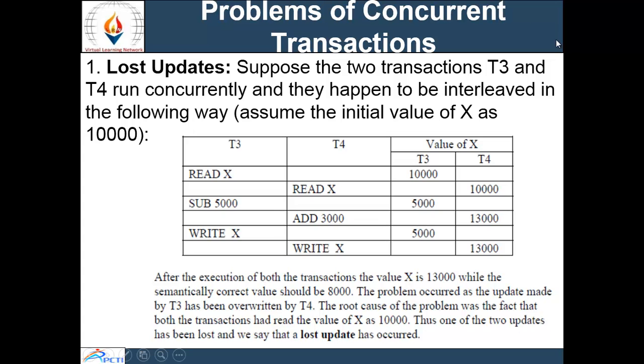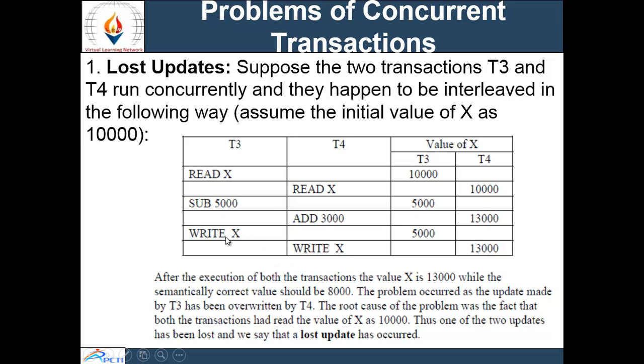For example, you can see here, in transaction 3 and transaction 4, T3 reads the value of X and the value is 10,000, and T4 also reads the value of X, that is 10,000 also. In transaction 3, it subtracts 5,000 rupees from 10,000, but in transaction 4, it adds 3,000 rupees according to the balance read by this transaction.